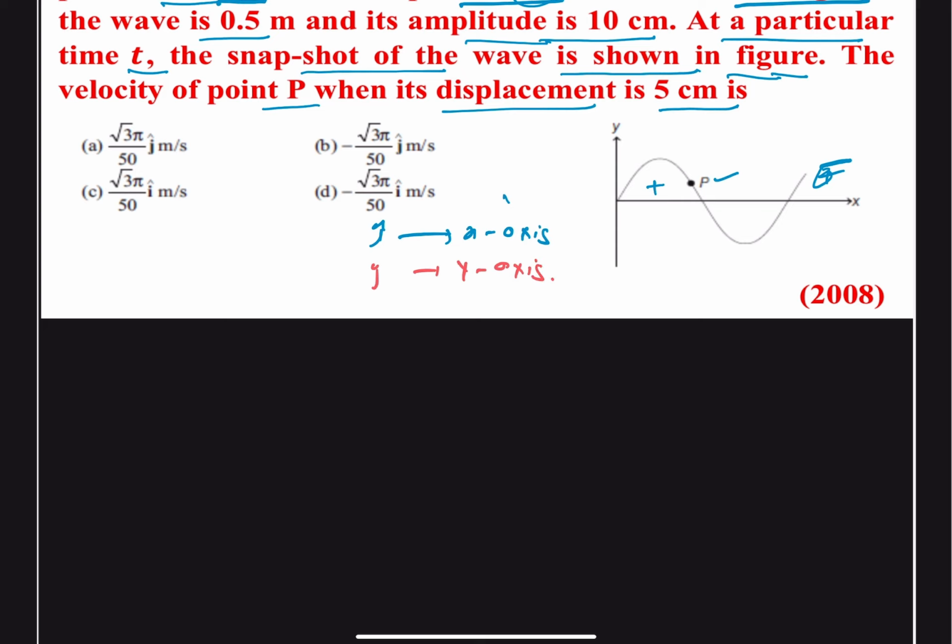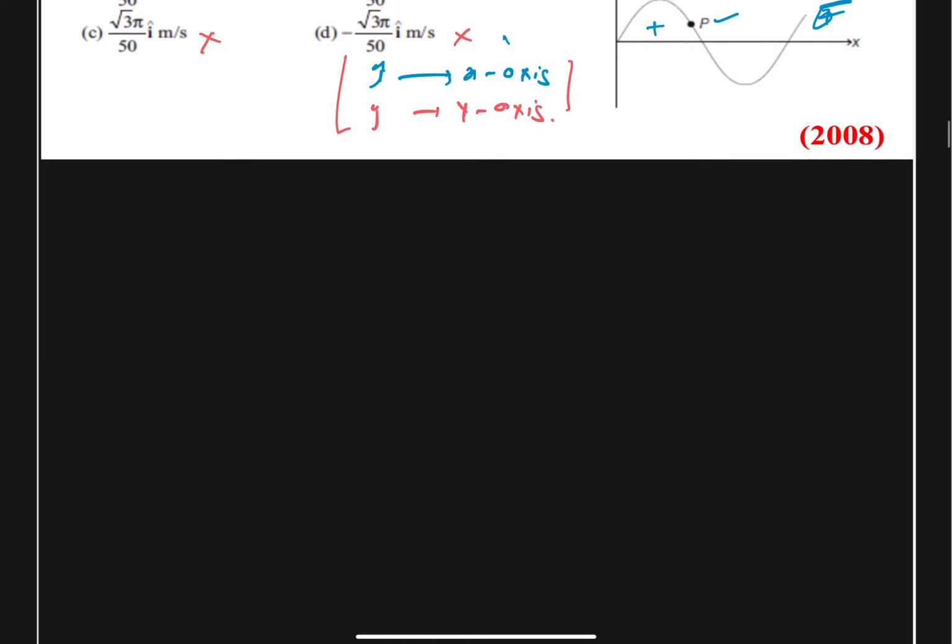So from this basic thing we can say that option C and option D cannot be the correct options, because they are in the i direction, which is the x-axis. So we only have to find out which of A and B is the correct option. We are going to start from the equation of the transverse wave,